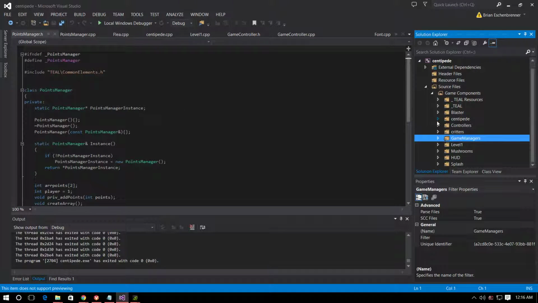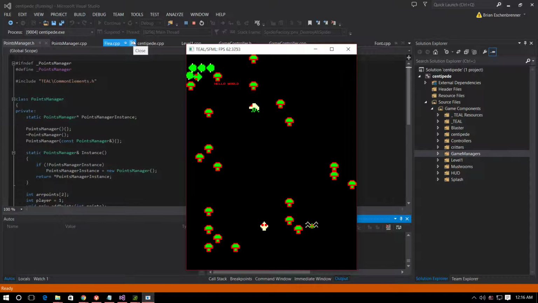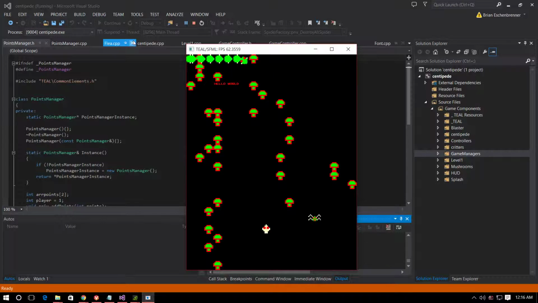But the player has 3 lives now, so if I finish off this centipede and I don't die, it'll start the next wave. So this is now wave 2, which has the scorpion and stuff like that in it, which wave 1 did not. And then if I destroy some of these mushrooms and die, it'll